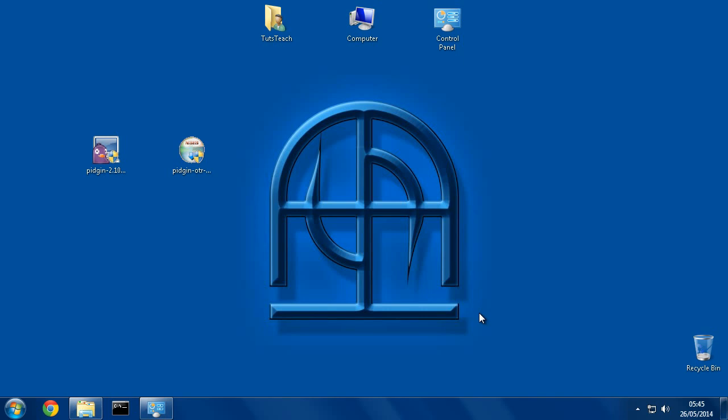Hello. In a previous tutorial, I showed you how you can easily encrypt your files using TrueCrypt. Well, in this video, I'm going to show you how you can encrypt your messages between friends, relatives, and colleagues in a completely secure way that is so secure that even if someone were to secretly record the encrypted communications